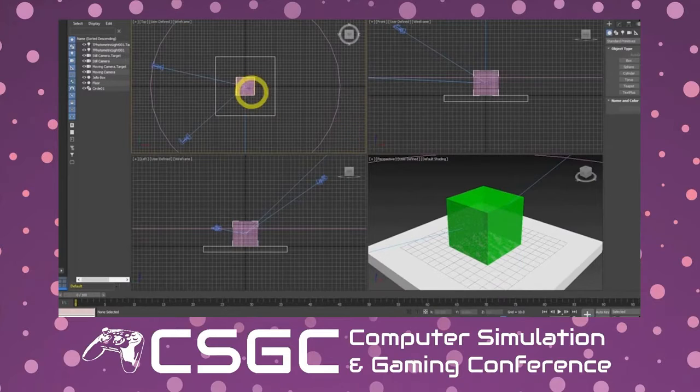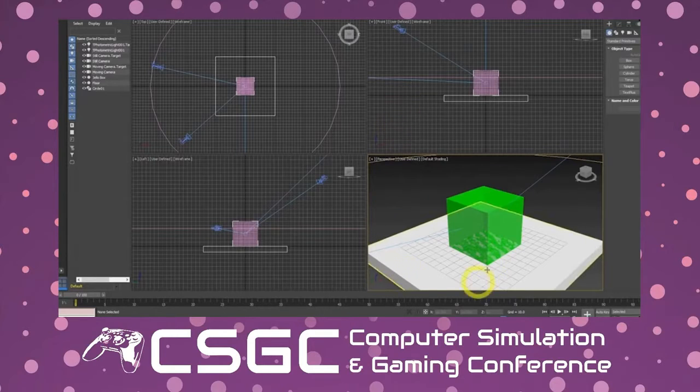So in this case, I am looking directly at the top of the scene. Over in this window, I'm looking at the front of the scene. This window, the left of the scene. The perspective window, on the other hand, is a mode where your objects appear a little bit more realistic because we're looking at it on different planes at the same time.